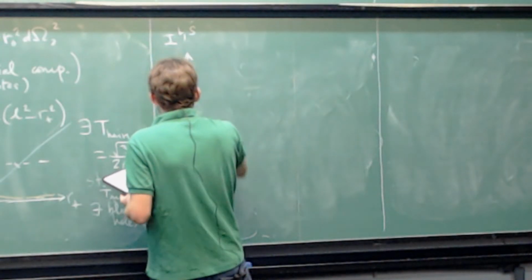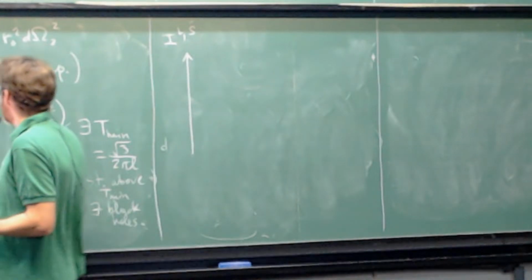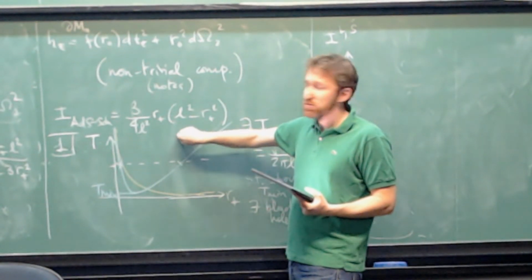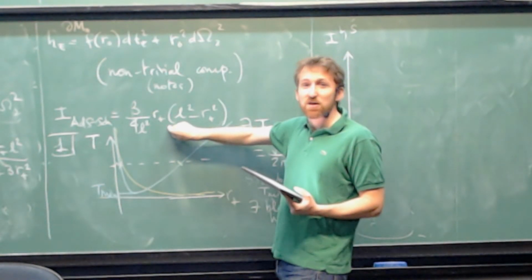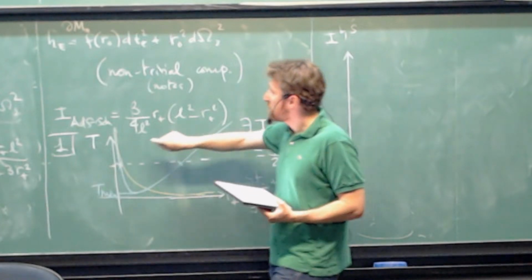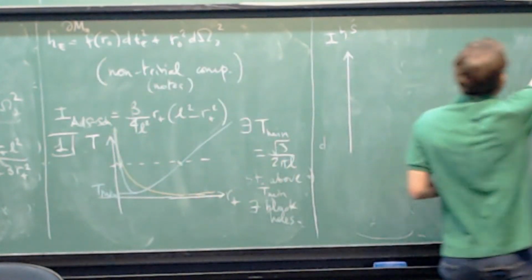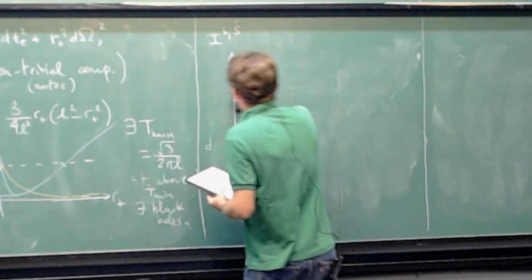You will say, I've already computed this action, but it is expressed in the wrong variable because it's in r plus. Whereas I want to see what's the action in the canonical ensemble, so I need to invert the relation between T and r plus, and express the action in terms of the temperature. The result